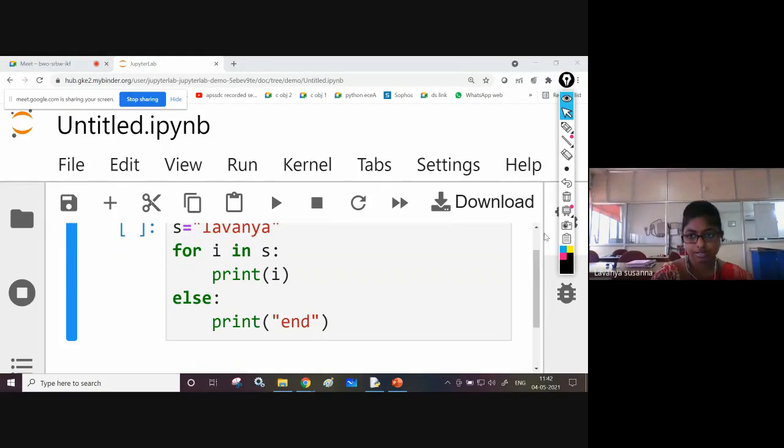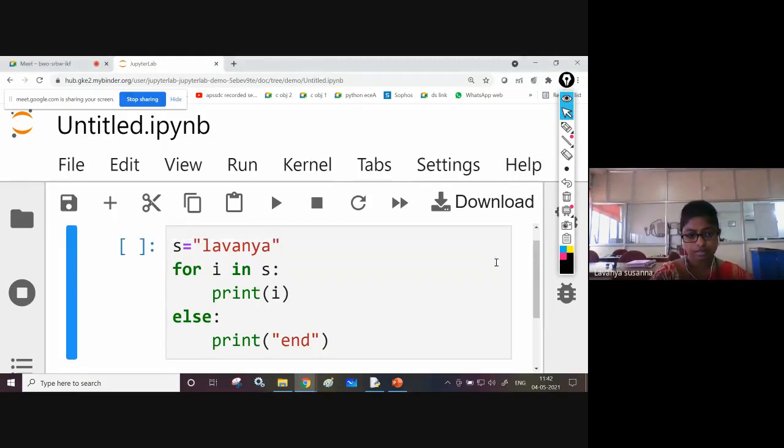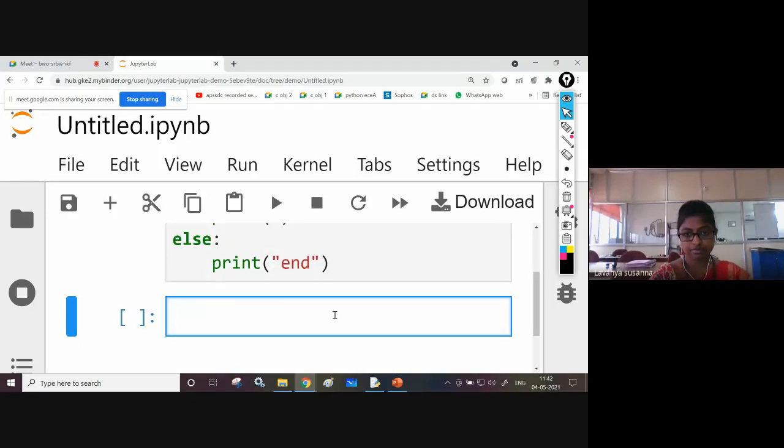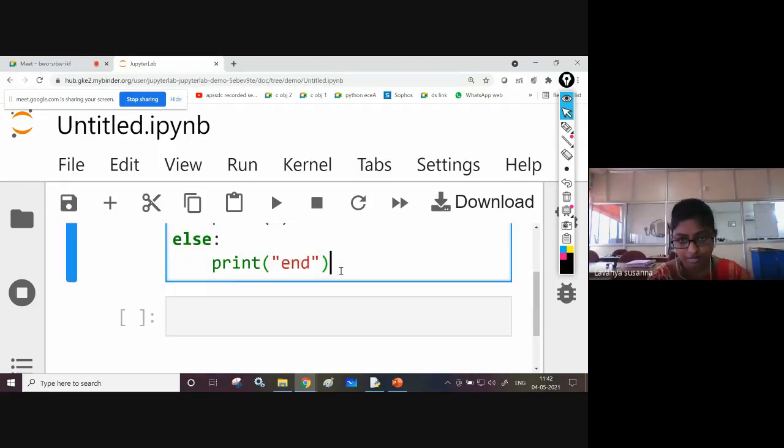I'm executing this in online Jupyter. To execute, first you need to write the program in this cell. To execute in online Jupyter, press Shift Enter.